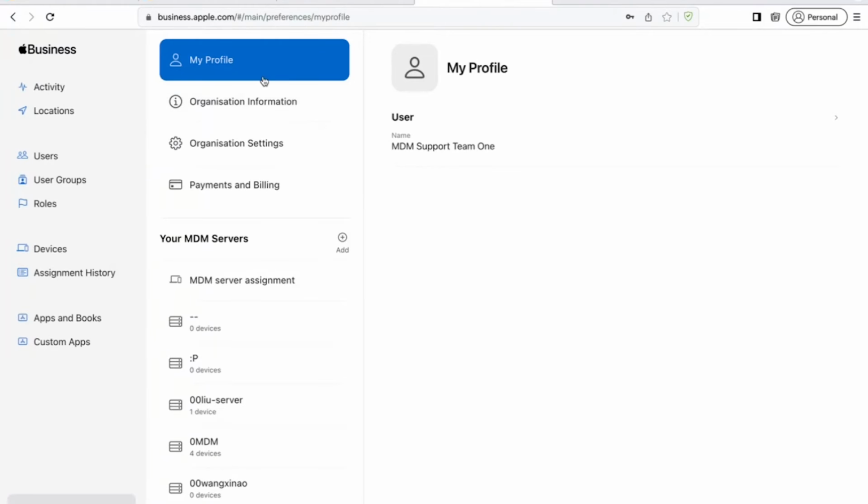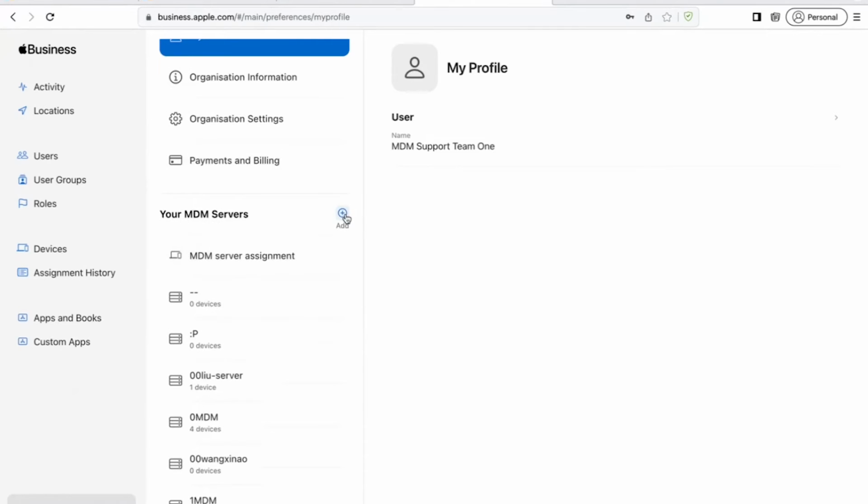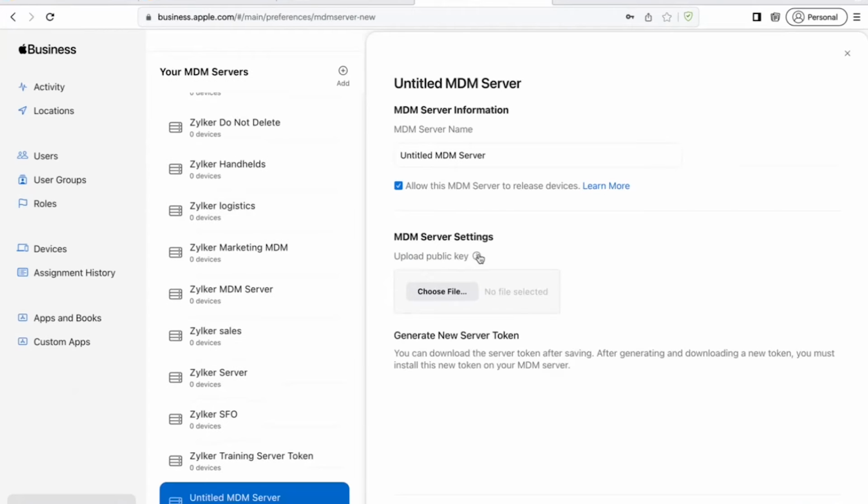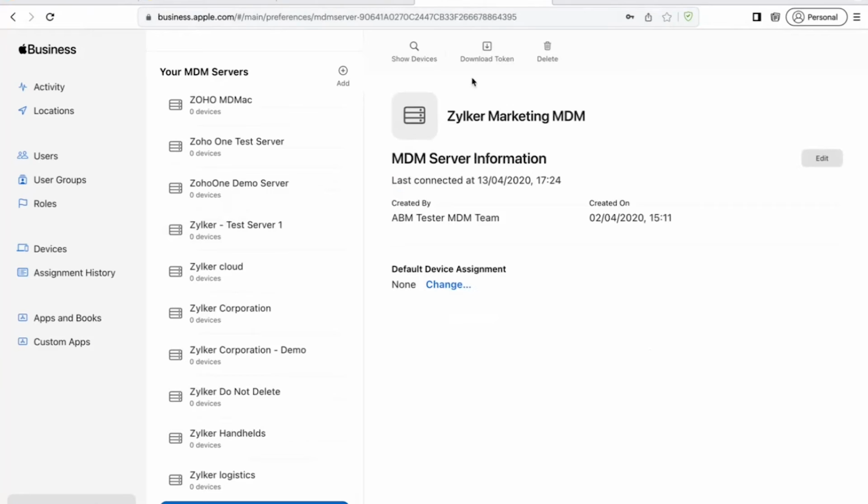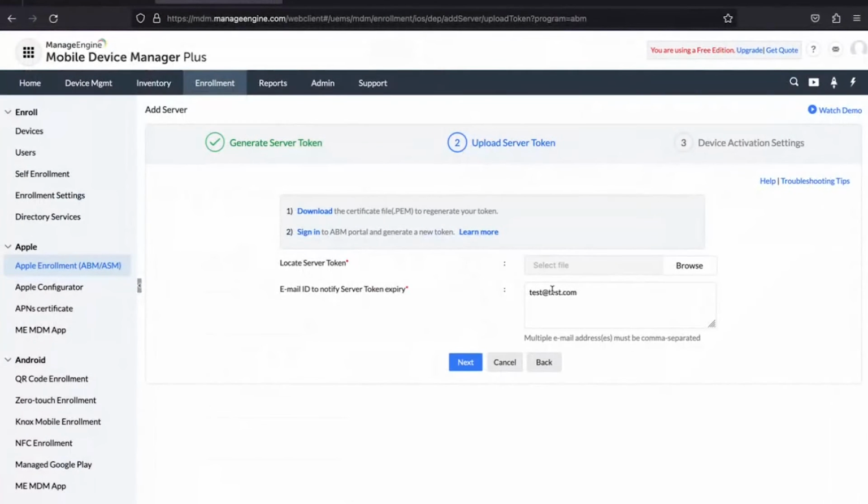So once you have this Apple Business Manager account ready, I go to preferences on my left side, and I have to click on add server. So once I click on add server, I will have the option to upload the file which I've downloaded from MDM. You can give a name and just save it. Once you're done, it will again generate a new token. You have to download this token, get into ManageEngine, upload it, and save it. And again, this token is also valid for 1 year. Just make sure to add your group email ID. So once the token is about to expire, you will get a notification email